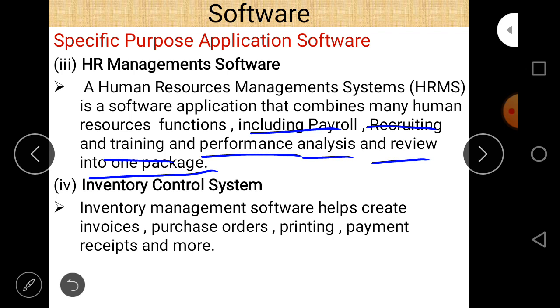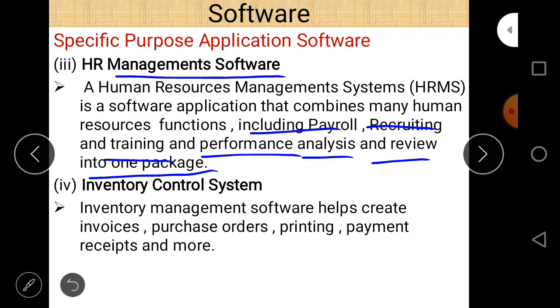As we know, every company or firm has employees, and the data for employees regarding their payroll, recruiting, training, performance analysis or review is managed using HR management software. So all these functions are carried out by HR management software.